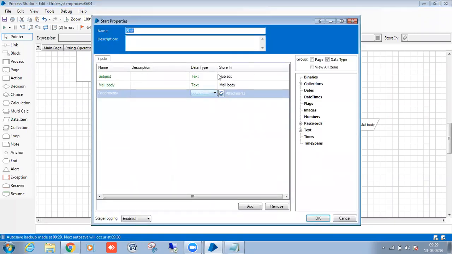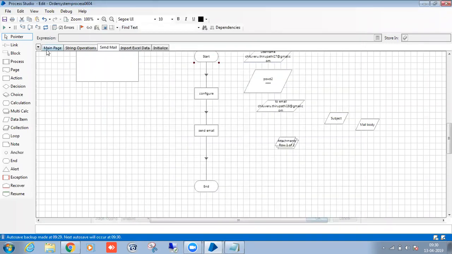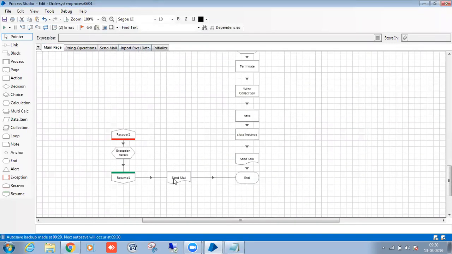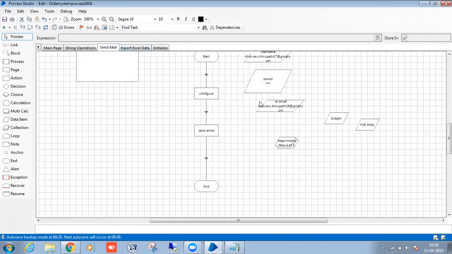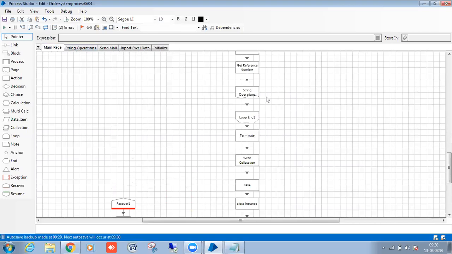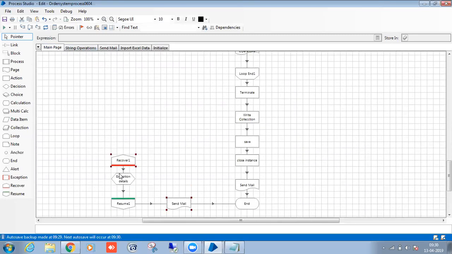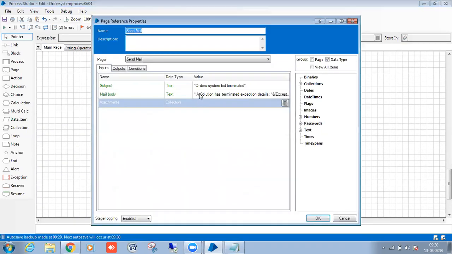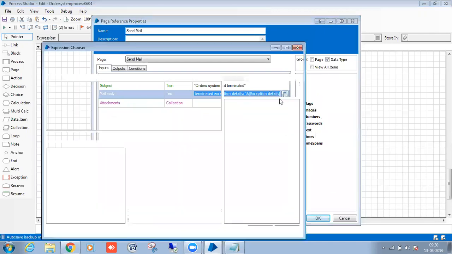In that one, I will pass the input. These are the input parameters, right? I will pass it and I will send. If an exception happens, this will catch it. Exception details will be caught here, so why it has terminated we are also going to mention here.